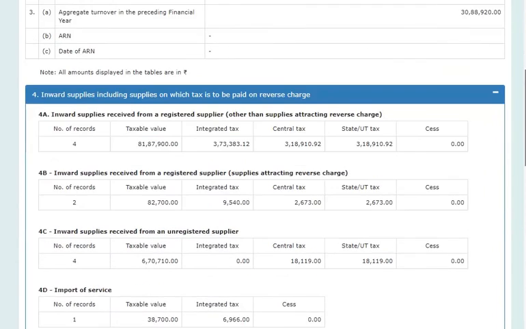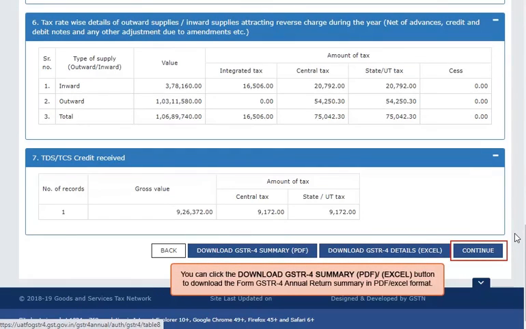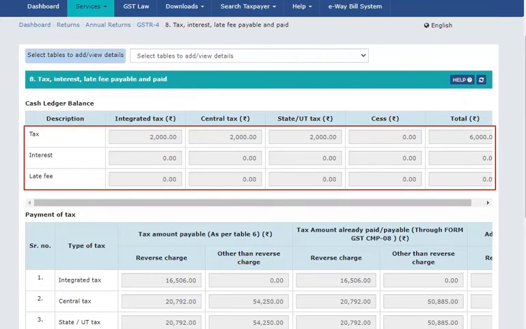Preview Form GSTR4 is displayed. Click the Continue button. The Table 8 is displayed. Cash balance as on date in Electronic Cash Ledger is displayed.